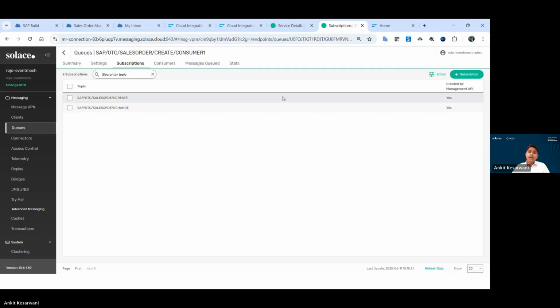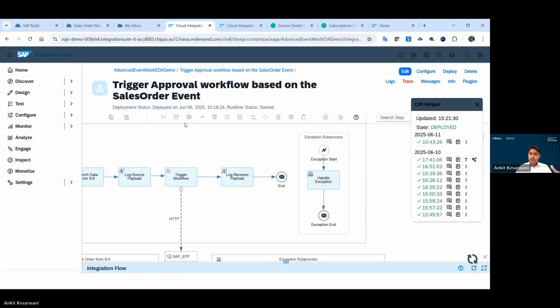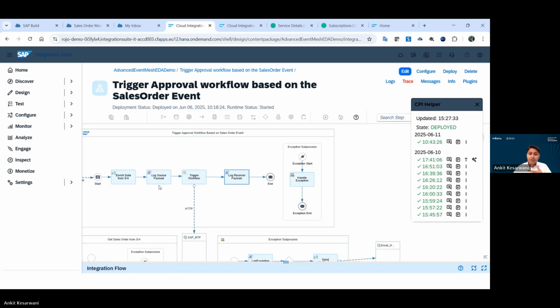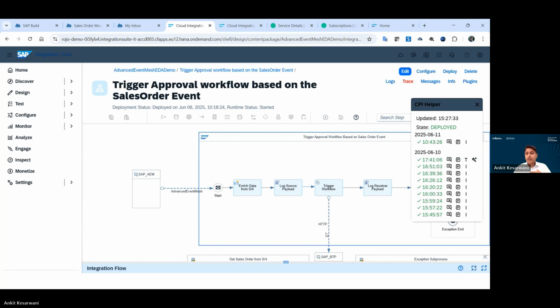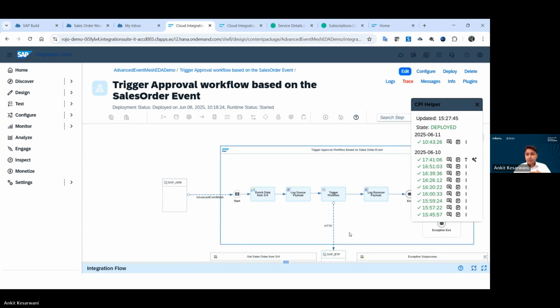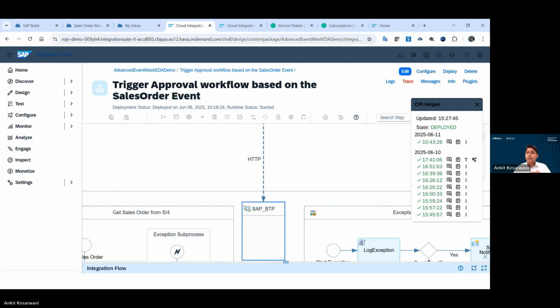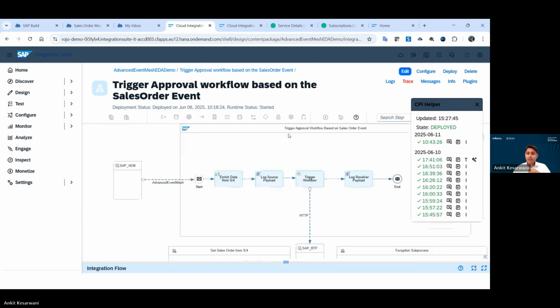to the queue here. It is real time, so we might not actually see the event coming and going, but this is the queue which is subscribed to. And then we have our Integration Suite, or you can say the cloud integration part, where this event will be read by Advanced Event Mesh from the queue we just saw, and then it will trigger the workflow in our BTP system, as you see here. So this is our iFlow in cloud integration, which is reading this event and triggering the workflow